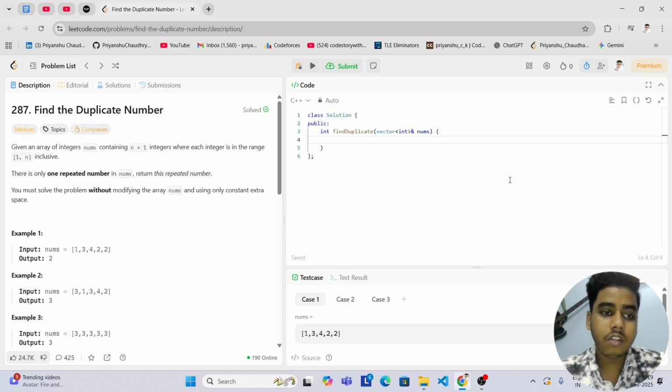So today I will be solving problem number 287, find the duplicate number. The problem says: given an array of integers nums containing n plus 1 integers where each integer is in the range 1 to n inclusive, there is only one repeated number in nums. Return this repeated number. You must solve the problem without modifying the array nums and using only constant extra